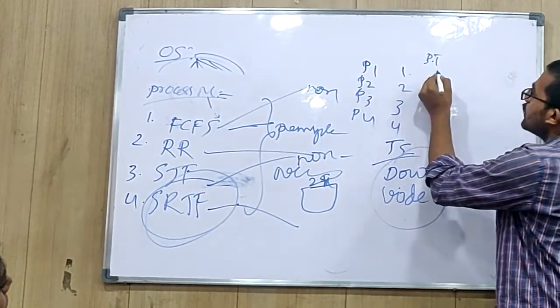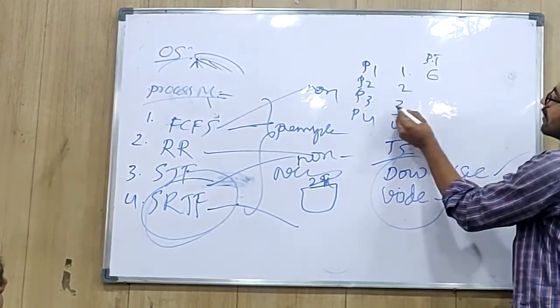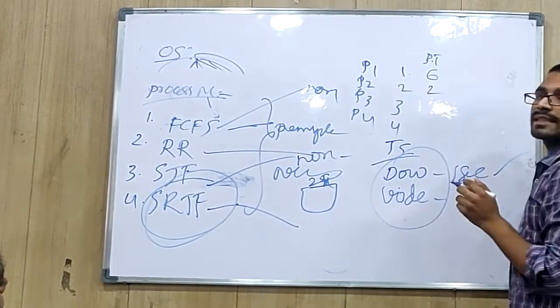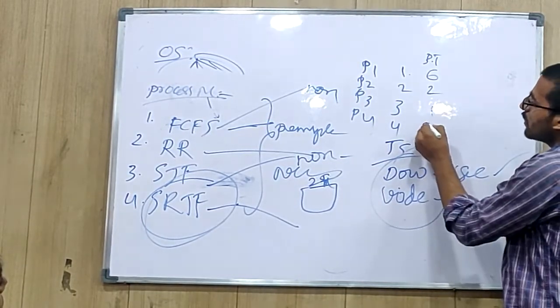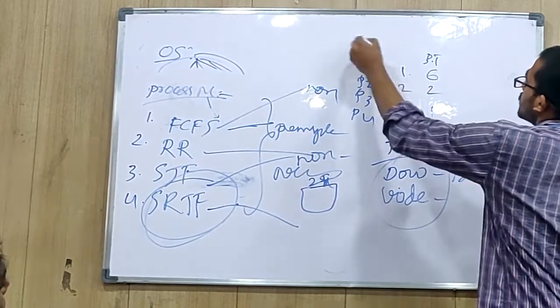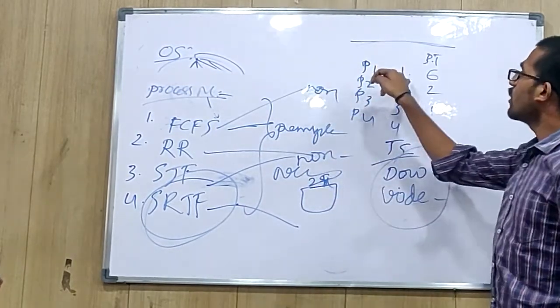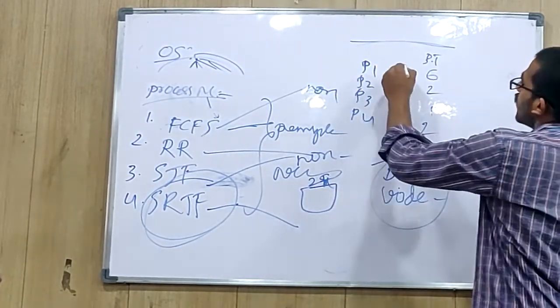P1 has a burst time of 6 seconds. P2 contains 2 seconds. P3 contains 1. P4 contains 2 seconds. First, it will execute based on priority. Based on priority, it will execute program